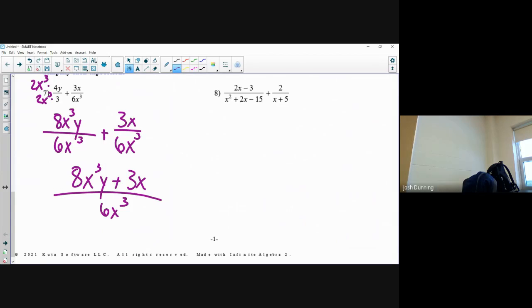Number 8. Well, number 8's a little bit harder. We got those polynomials. And when we learned this, we said, look to see if you can factor and if there's any reason to factor. Like if the second fraction was just 2/5 with no x plus 5, just 2 over 5, I wouldn't want to factor the first one. I just have to multiply by that polynomial on the second one. But since there is an x plus 5, there might be a chance that one of those factors of the x squared plus 2x minus 15 will match. And it turns out